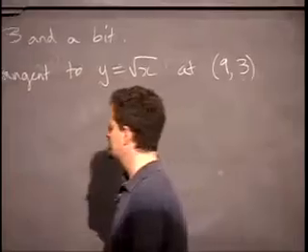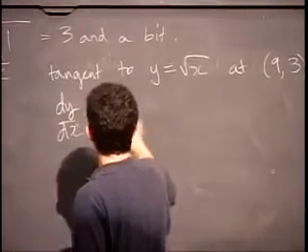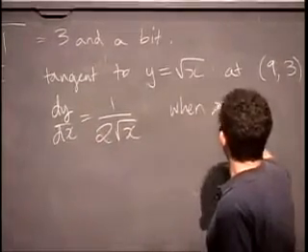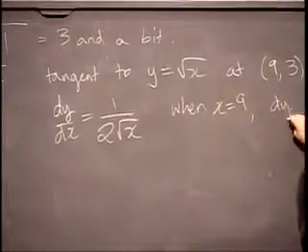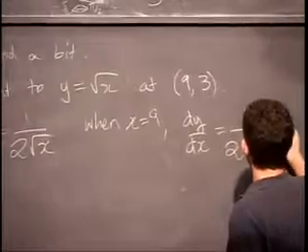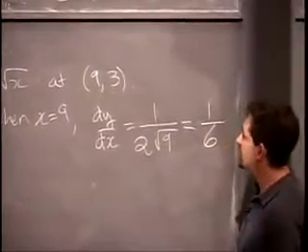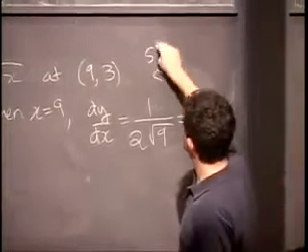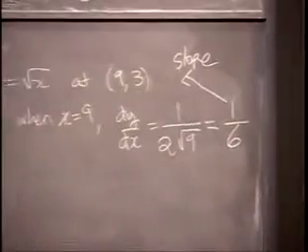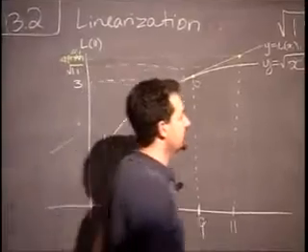Well, let's find it. First of all, we have dy/dx is 1 over 2 root x. So when x equals 9, dy/dx is 1 over 2 root 9, which is 1/6. So we are looking for a line of slope 1/6 through 9, 3. That's it. This is the line, slope 1/6 through 9, 3. So its equation is